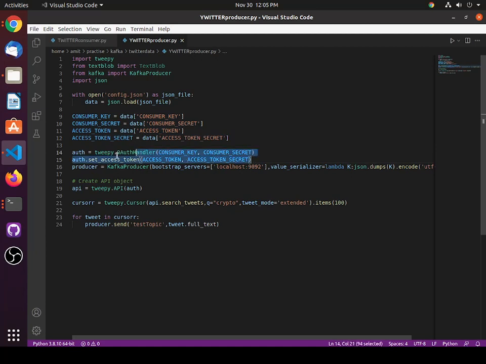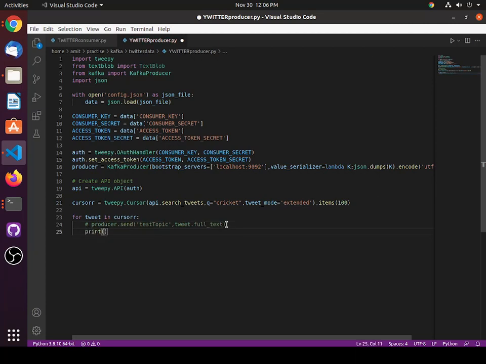By performing these two steps, you get connected to the Twitter server through API authentication, and you should have one cursor. Here you can change the search tweets q equals, and search any topic you want. Right now we will search about cricket, with the recent 100 items.